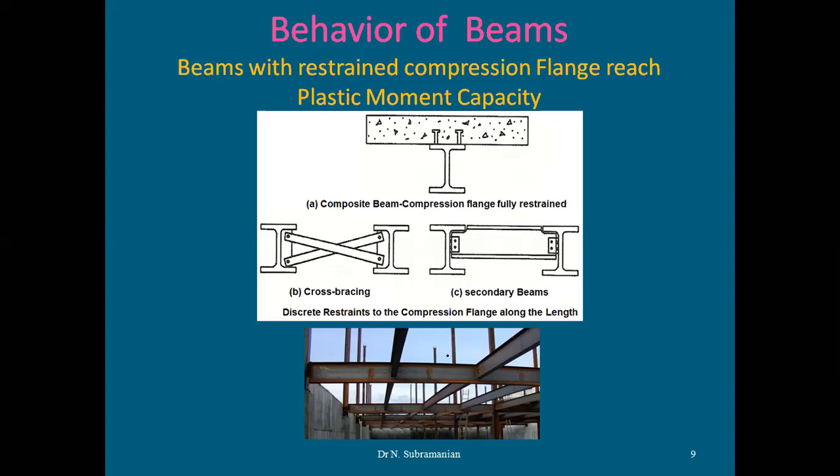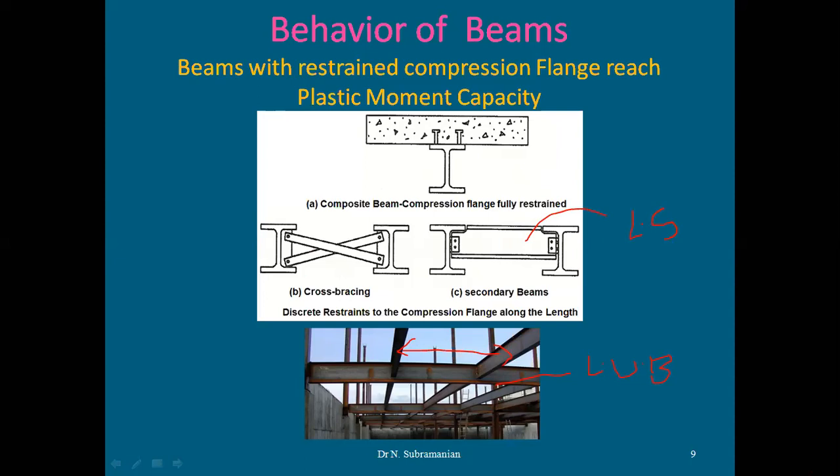In the practical picture shown here, you can clearly observe that from this point to this point, the top compression flanges are not supported. So this can be called a laterally unsupported beam, isn't it? But in the top picture, you can see the top compression flange of this beam and this beam is supported laterally, isn't it? That is why this is called a laterally supported beam. So you can add laterally supported beam and laterally unsupported beam.